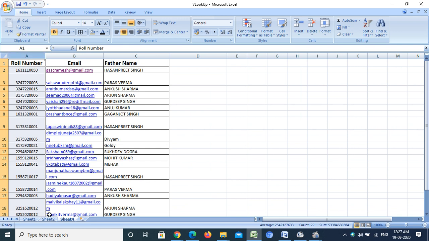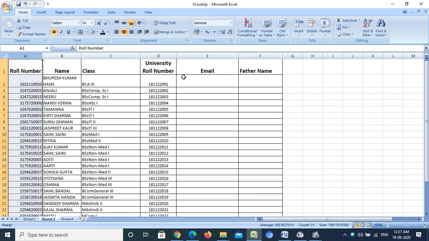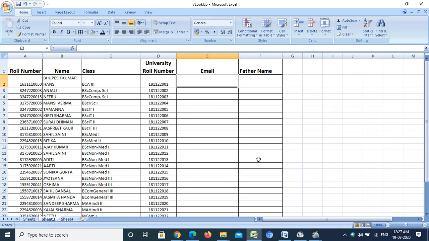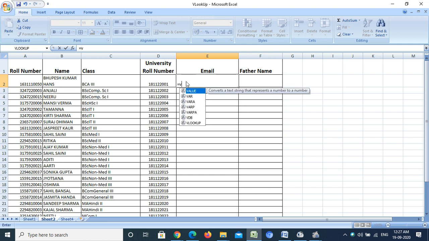Now suppose I have to write the formula, but before that understand this is column 1, column 2, column 3. I want the data of column 2 of this sheet to come on this column of sheet 2. Now see, I have to write equal to, then the formula VLOOKUP.